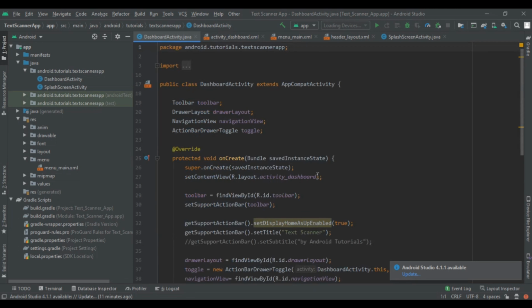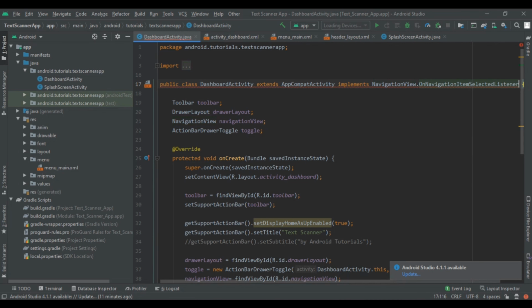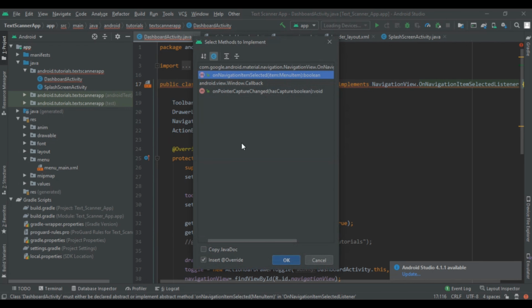So we are going to first implement the NavigationView.OnNavigationItemSelectedListener. This will generate an error, so we have to click on this red bulb, implement this method, and click on OK.